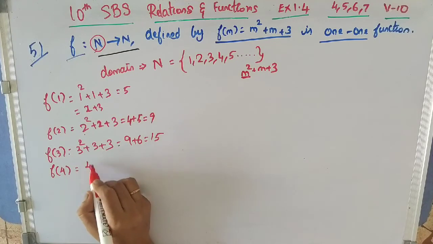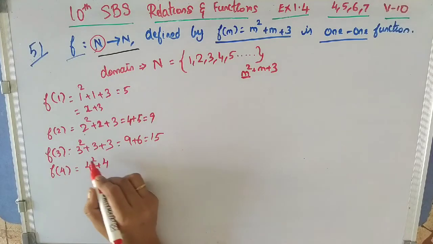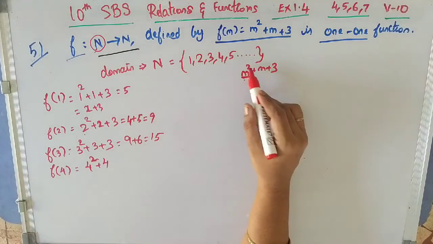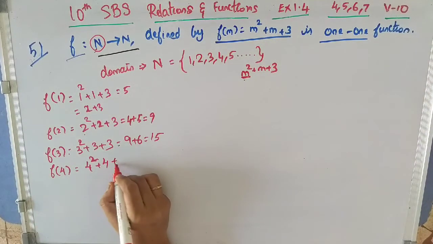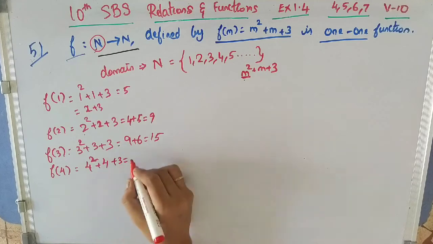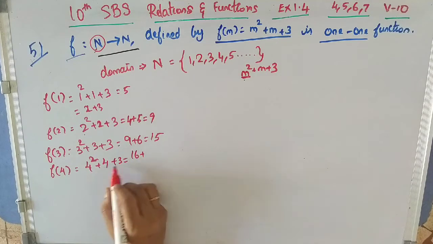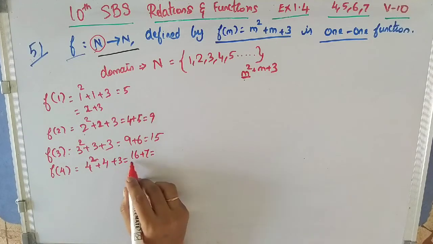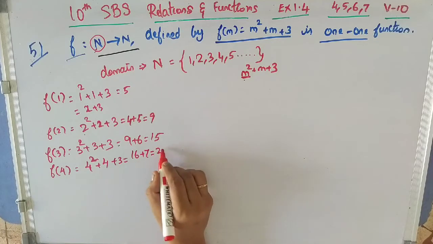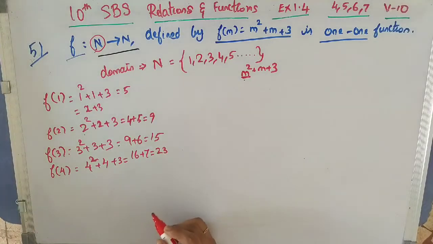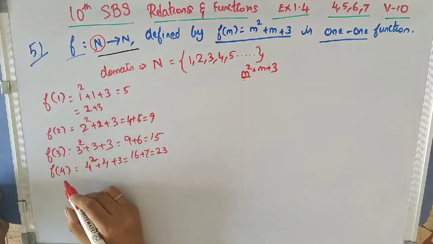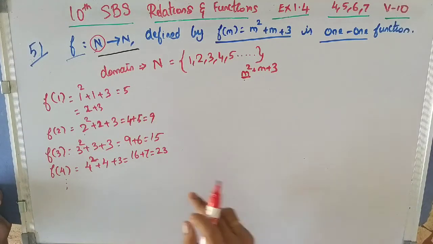Now let's go to f of 4, isn't it? We can substitute 4 as m. m squared plus m plus 3, therefore 4 squared plus 4 plus 3. What is 4 squared? 16. 16 plus 4 plus 3? 7. That is equal to 23. Next, we have found f of 1, f of 2, f of 3, f of 4 and it goes on,